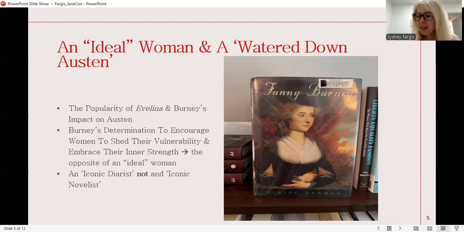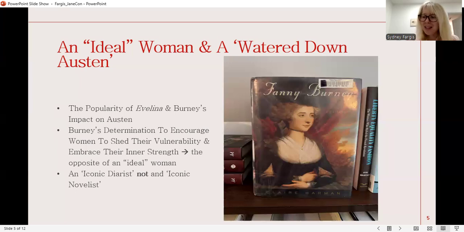Evelina by Frances Burney was one of Austen's favorite novels. And it is Evelina that Austen's own father compared his daughter's work to when trying to help Austen publish First Impressions, the epistolary novel that would become Pride and Prejudice. It's also worth noting that the initial drafts of 2 of Austen's most popular novels, Pride and Prejudice and Sense and Sensibility, were written in the style of Evelina, the epistolary style in which the story is delivered through a series of letters.